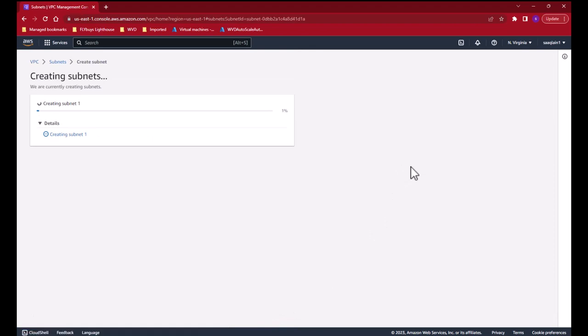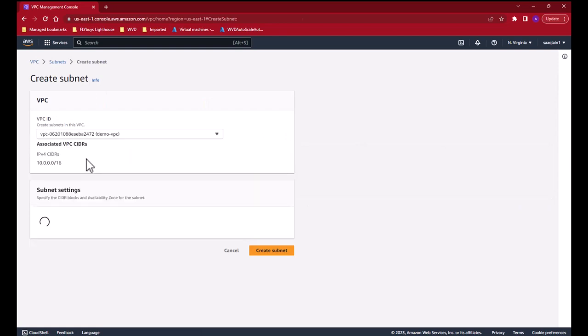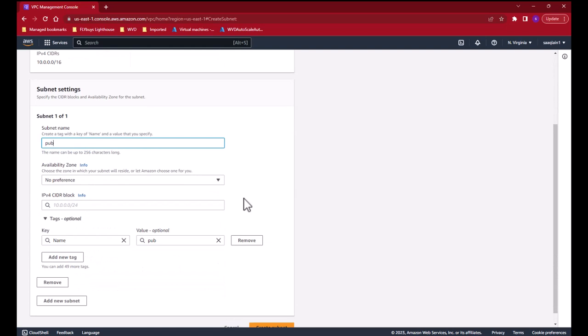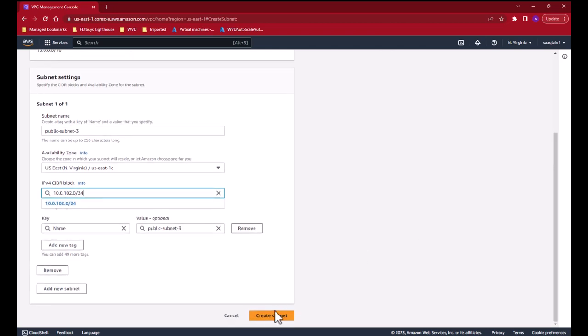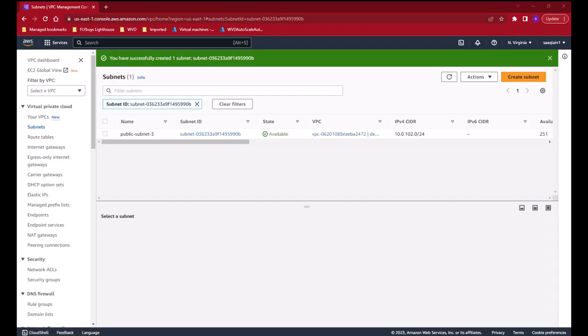Create subnet, and we need to create the third subnet, which is in the VPC, public-subnet-3. And I need to select 1C and 10.0.102.0/24. So I need to create all of this. So this is done. And now in the VPC console, we have to select Internet Gateway,